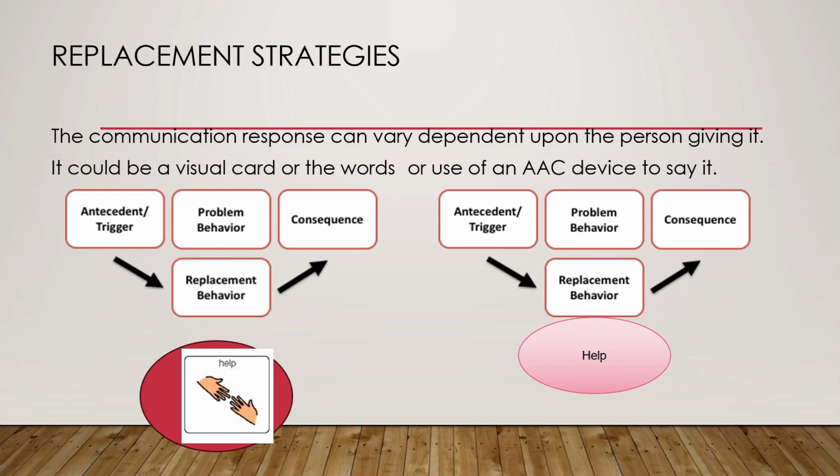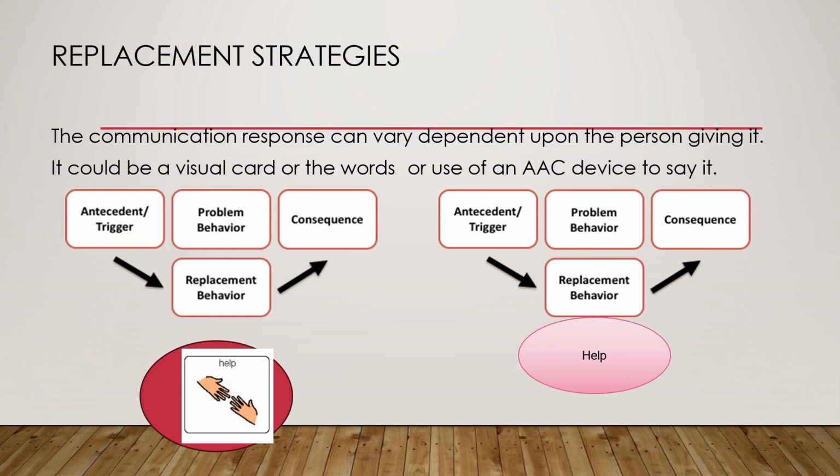So in a school circumstance, maybe we're doing a craft and I don't give them the glue that they need. And then someone is there to prompt them to ask for help using a card, using their AAC device, whatever they're using. If I was at home, maybe we're having dinner and I don't give them a fork. Or maybe the circumstance is I give them their plate, but I didn't put any chicken nuggets on it. And then someone is there immediately available to prompt help.